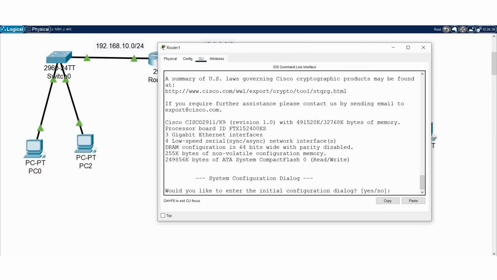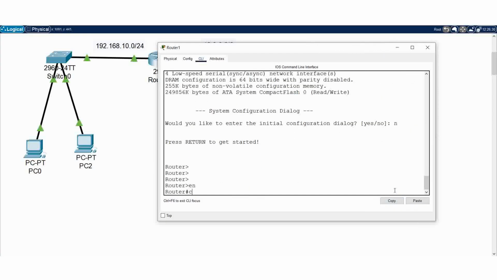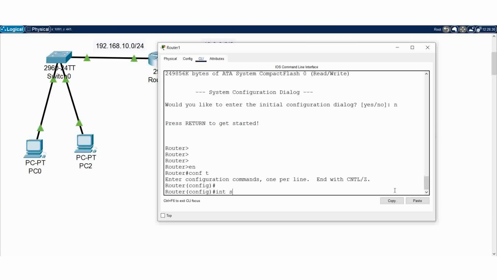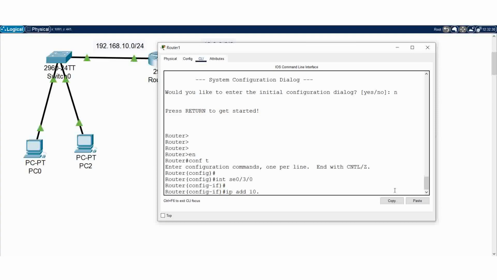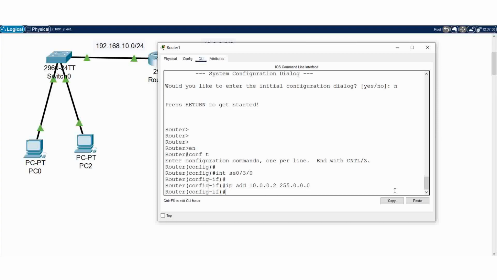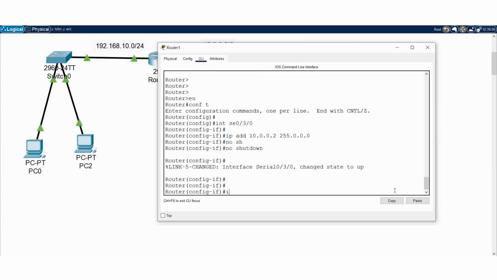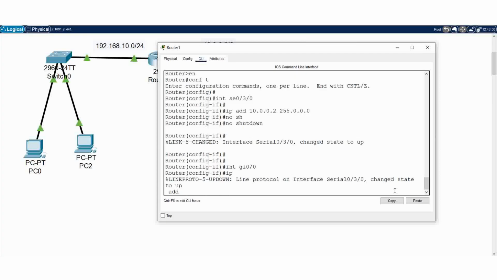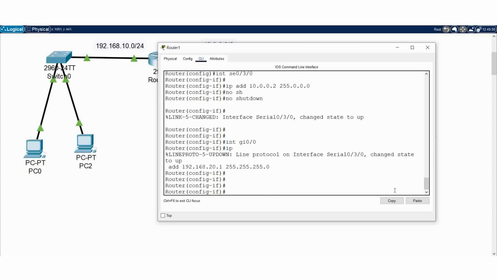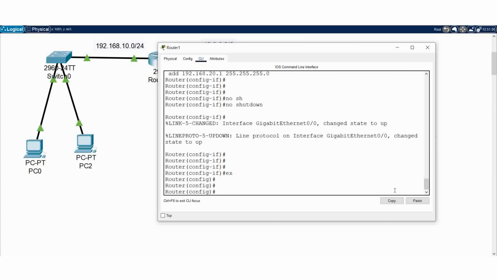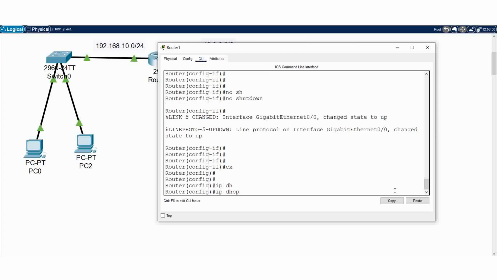ኦኬ ሶ enable then config t then int se0/3/0 ማለት ነው። IP address 10.0.0.2 ያኛው ፓርት 1 ስለሆነ እኛው 10.0.0.2 ይሆናል ማለት ነው። ኦኬ no shutdown ማለት ነው። ኦኬ then the next one int gigabit 0/0 then IP address 192.168.20.1 255.255.255.0 ነው ማለት ነው። ዘን no shutdown። አሁን ከጨረስን በኋላ just the other side we have to DHCP pool